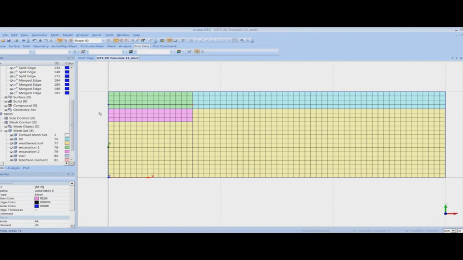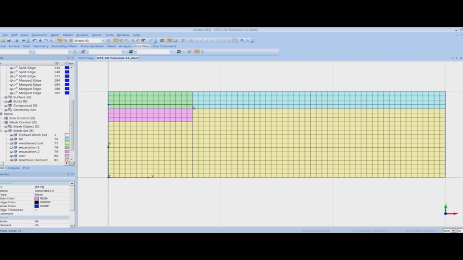So in this manner my modeling has completed, but here I have to create a rigid link between the elements on this portion of the model and the elements on this portion of the model, because I have already created an interface element and a wall at this junction, but in the first stage when there will be no wall inserted, these two elements will be connected together.